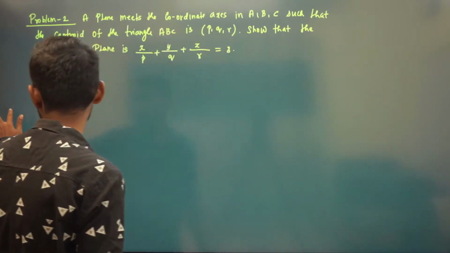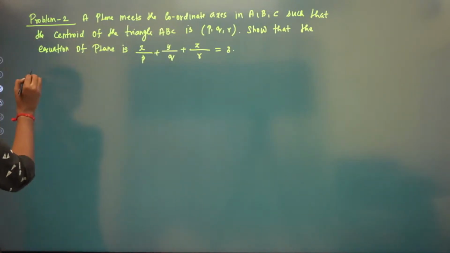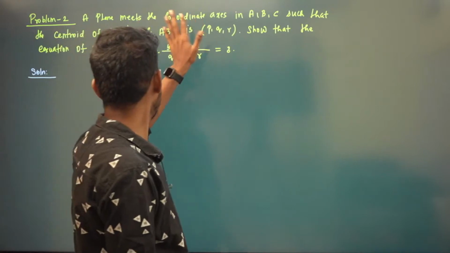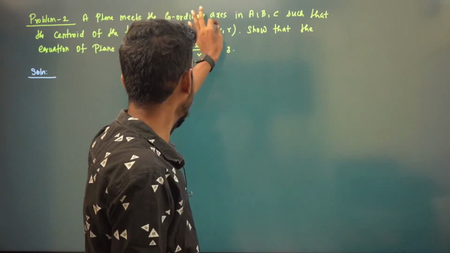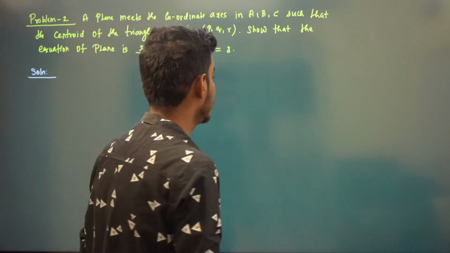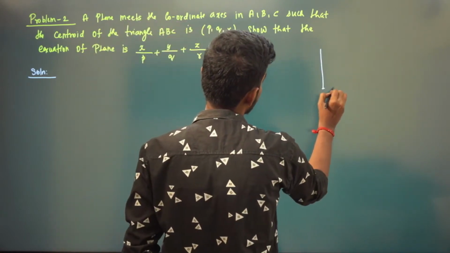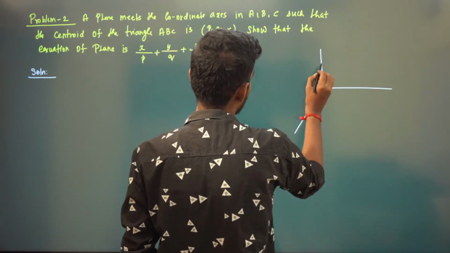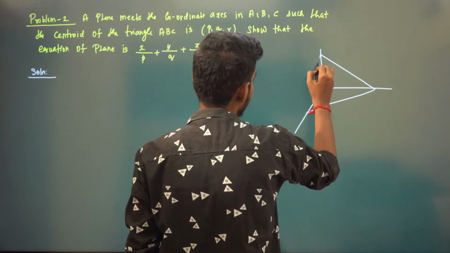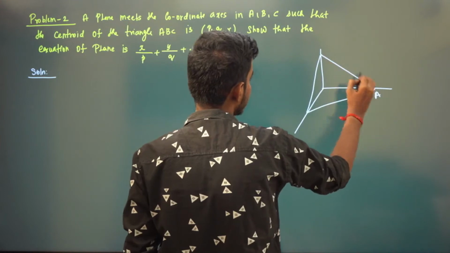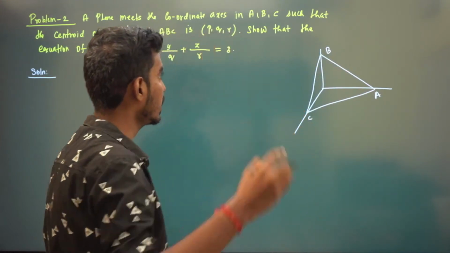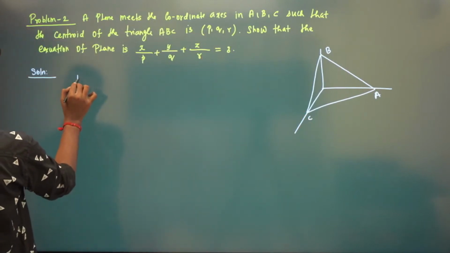So a variable plane, a plane meets the coordinate axes in a comma b comma c. That is, it is given its intercepts. It's nothing but intercepts. A plane meets the coordinate axes at A, B, C respectively. So let the coordinates of A, B, C be